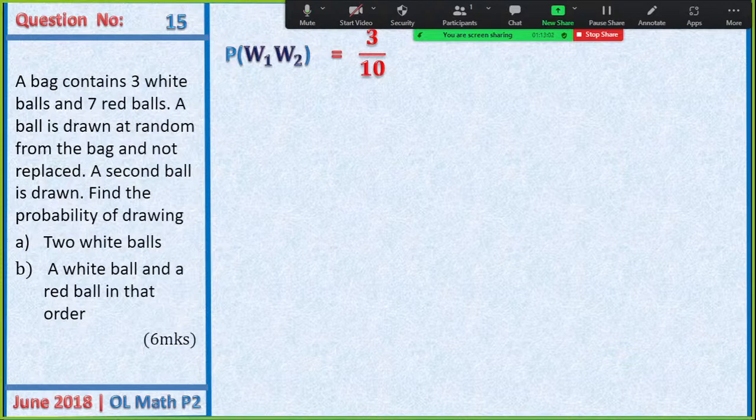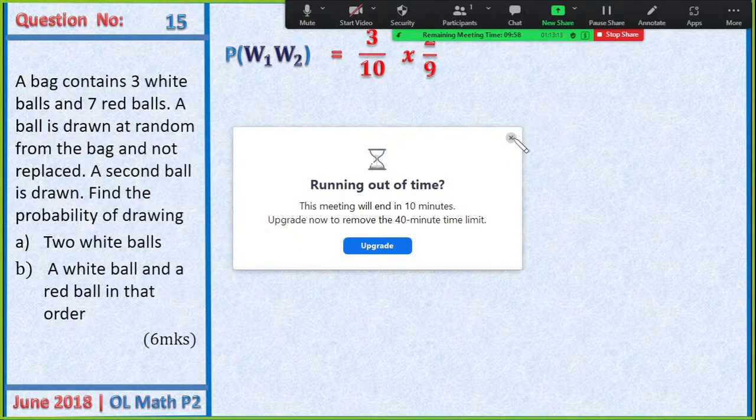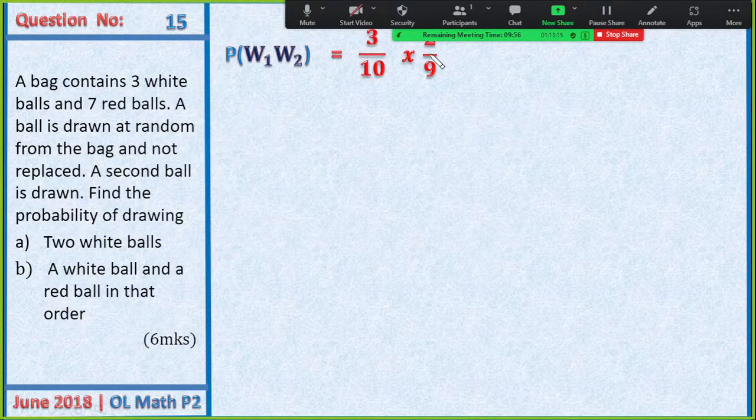Then when they have withdrawn the first ball, how many balls are left? 9. And if the first ball is white, then the next one should be 2 now out of 9, right? So the first ball is white, and the number of white balls left should be 2 out of 9 balls now. That gives us 1 on 15. The first is white and the second is red. So if the first ball drawn is white, we still have 3 on 10. And how